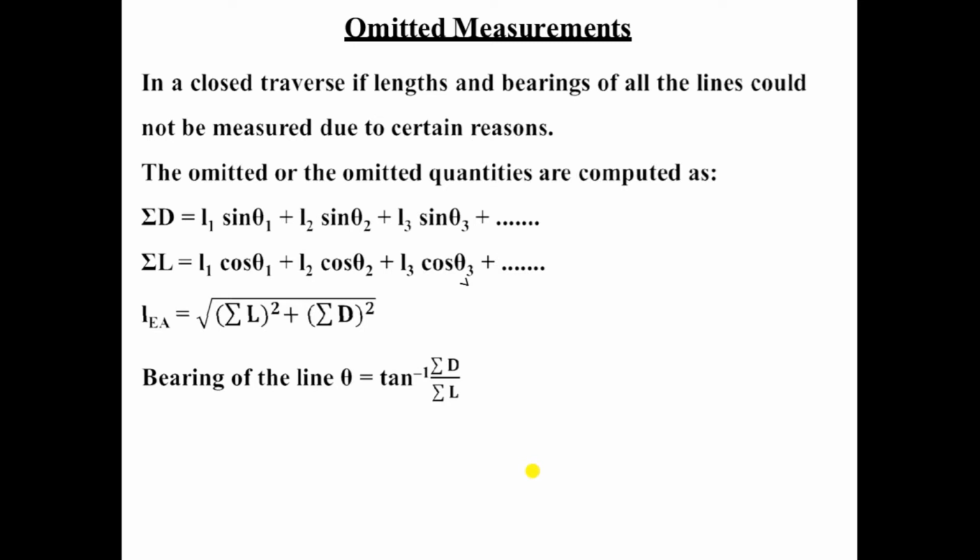The length of the whole line is the root of summation of latitude square plus summation of departure square,